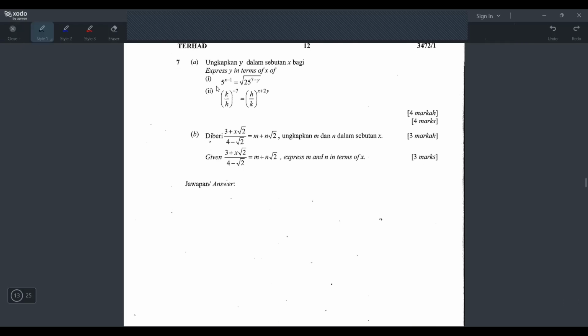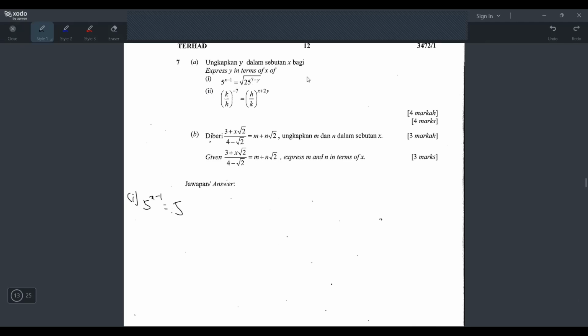Okay, let's go with number 7. Express y in terms of x. Question 1, this says 5 power x minus 1 equals to square root this thing. Okay, this is an indices question, right? And when we are doing indices questions or log questions, we have to make sure it's the same base, right? And straight away I can see already 5 and 25 can change to the same base, right? So 25 is 5 power 2,